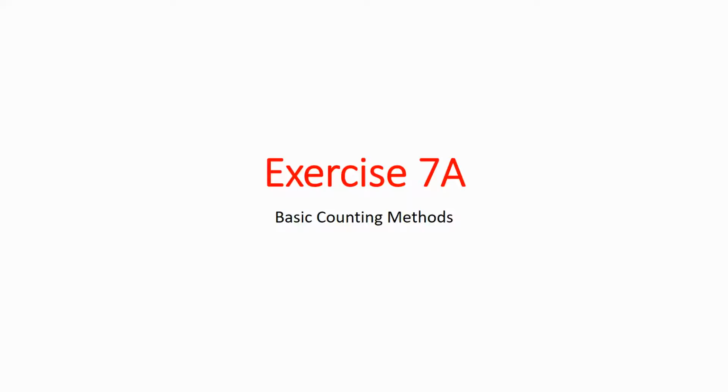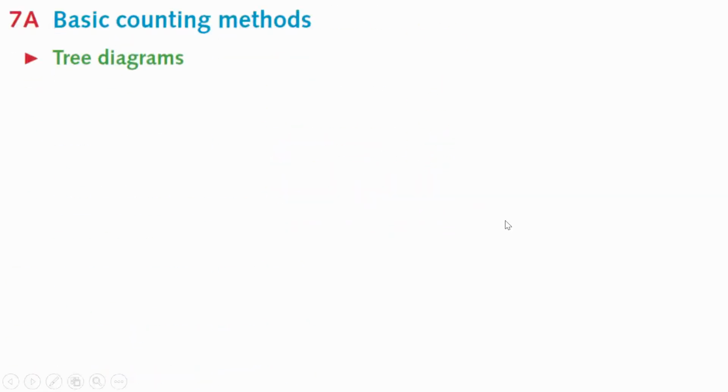Here we go, exercise 7A, basic counting methods. We're going to start off with basic counting methods, tree diagrams. When we first start off the exercise, it's going to be straightforward. It's when you start using the formulas for permutations and combinations that it might get tricky. Examples of that would be something like,